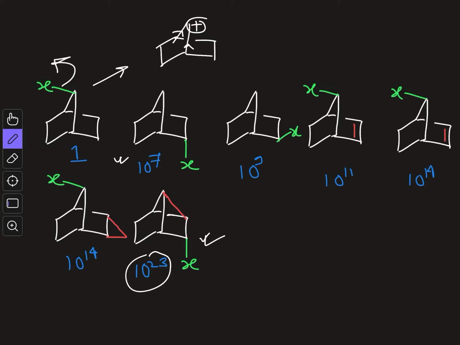Why is the rate of this reaction so high? Particularly if you compare between this one and this one, you can see their rates are not very different. One is 10 to the power 7, one is 10 to the power 9, so this one is even faster than this one, but the main fact is both are faster than the previous one by around 10 to the power 7 to 9 fold. So what is the difference between this particular structure and these two? Let us first discuss why this one is so fast.